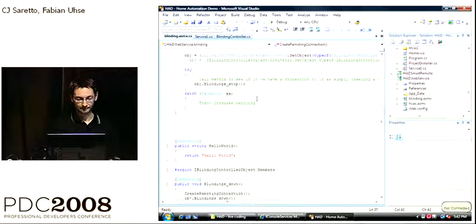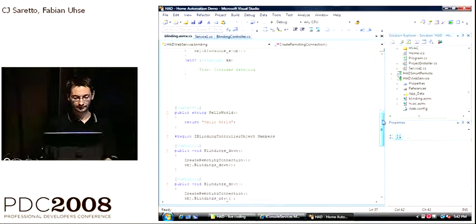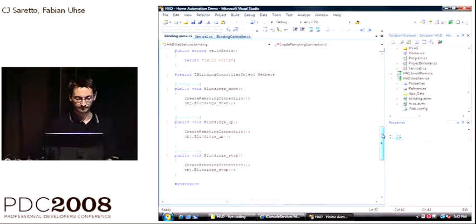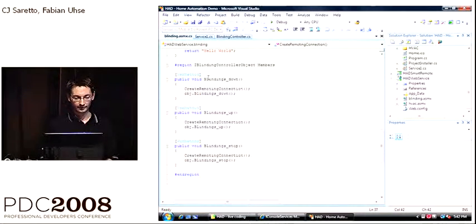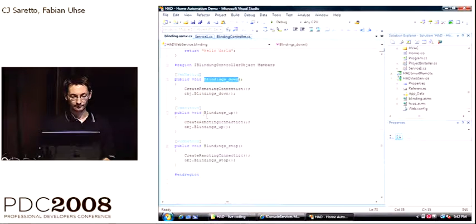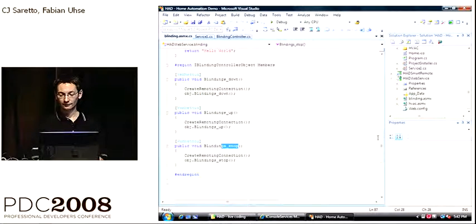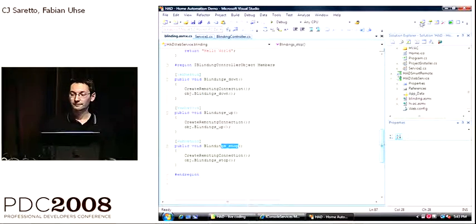Our interface basically is implemented in these few methods down here. You can see we have a method that makes the blinds go down, a method that makes the blinds go up, and of course, we can stop somewhere in between.